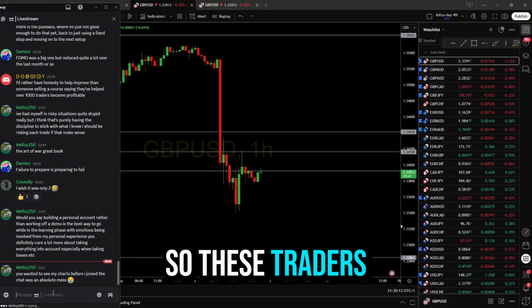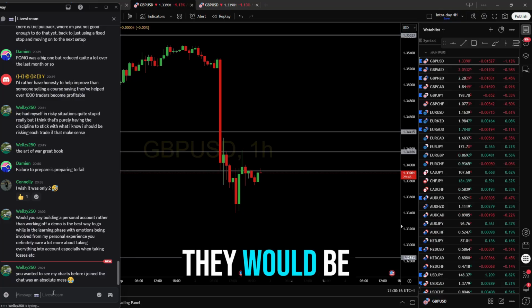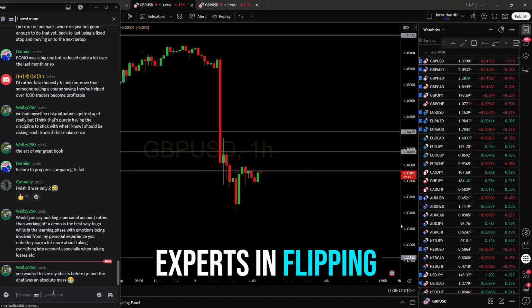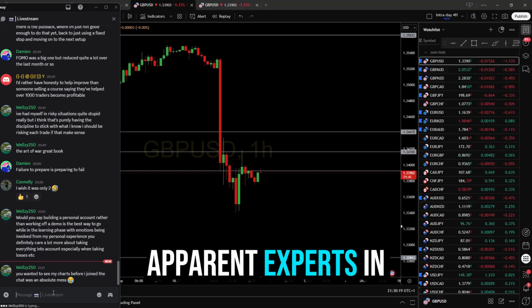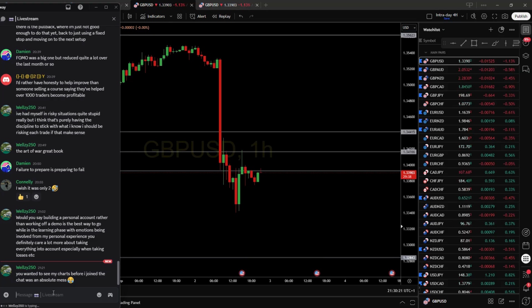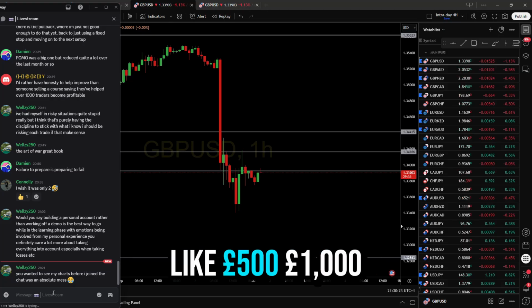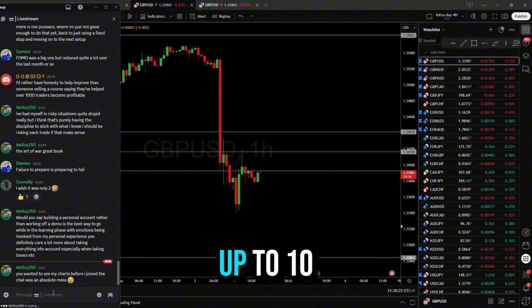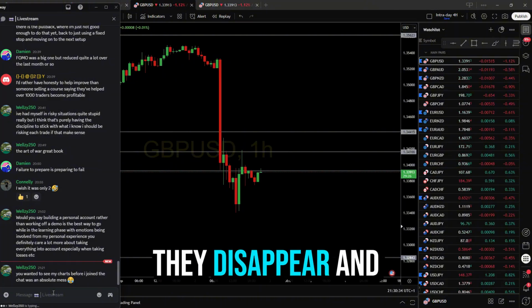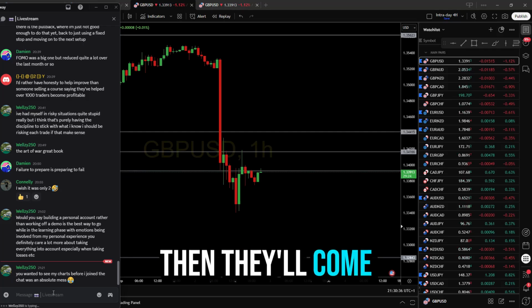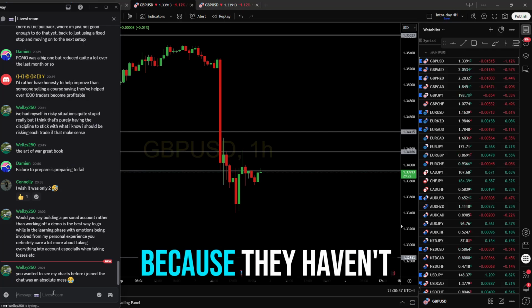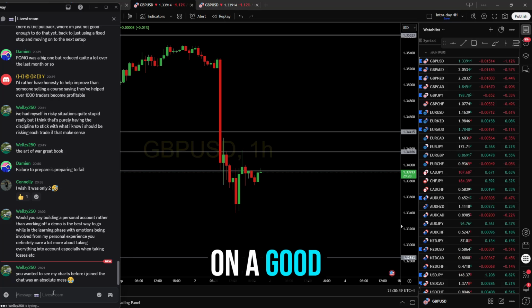So these traders, you've probably seen them, they would be apparent experts in flipping accounts from like £500, £1,000 up to £10,000, £20,000. But then they disappear, and then they'll come back and do it again because they haven't got any consistency. They just go on a good run,